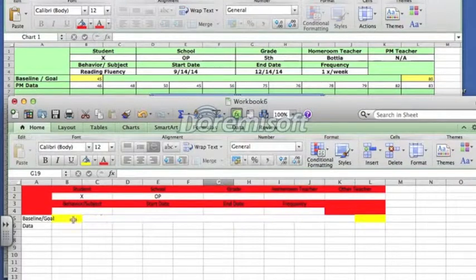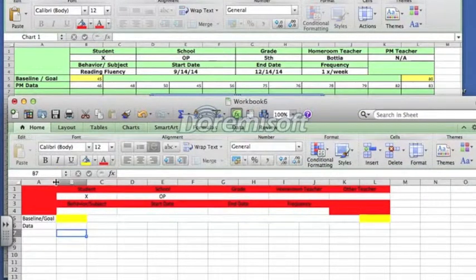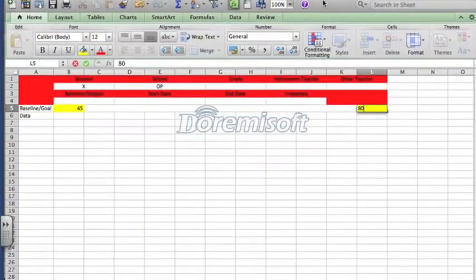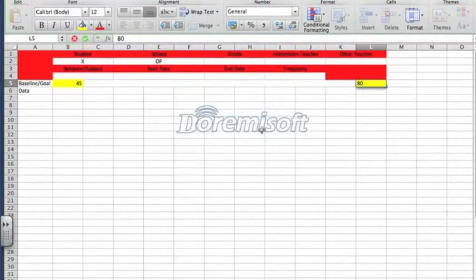There you go. And now, just to make sure here, we're going to move this a little bit more to the right. There you go. And now we have, let's say, 45 words per minute. We were talking about it, and we decided that the goal was going to be 80 words per minute. Okay, so now that we have basically the beginning of our tool,